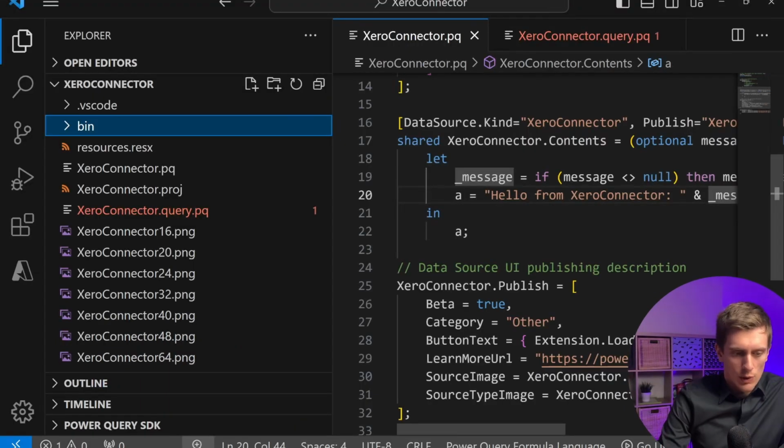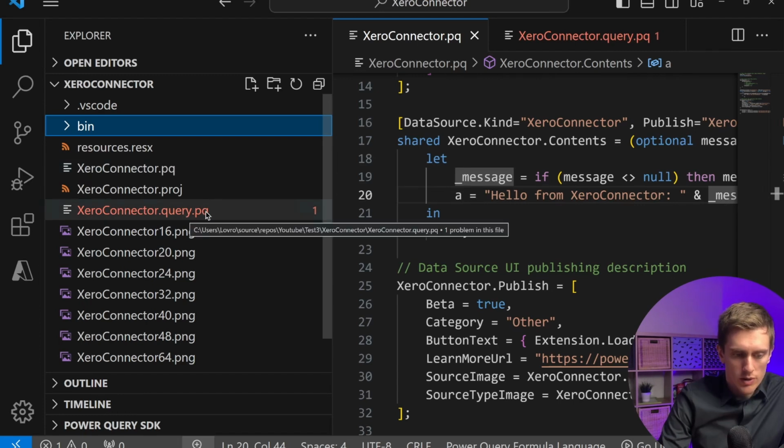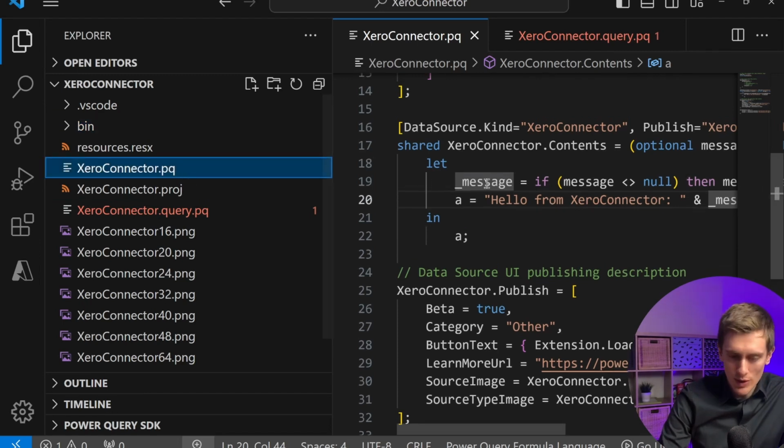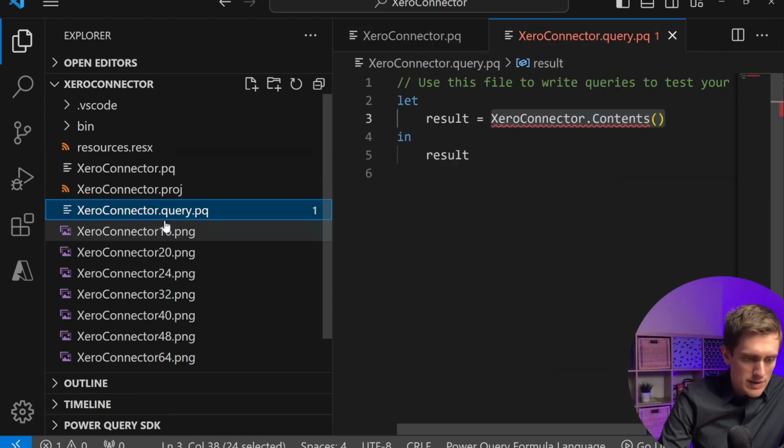After you select the folder, you'll see PowerQuery SDK creating a lot of files. Let me just give you a quick orientation what each of these does. So you'll mainly be working with 0connector.pq and 0connector.query.pq. PQ actually stands for Power Query. So inside Power BI, Power Query is king. So you'll actually be writing Power Query code to write your custom connector as well. And this will be the actual code. And to test this code during development, you use this